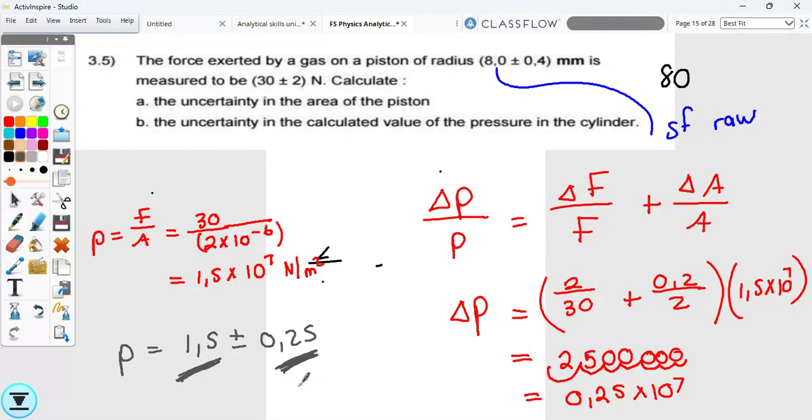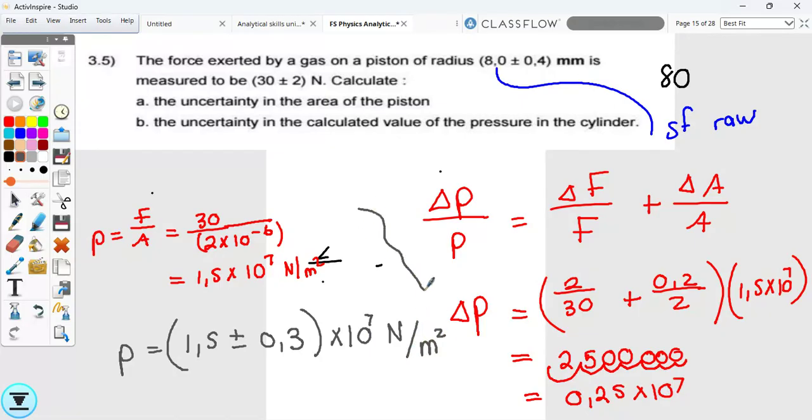What must be the same? Great, thank you. So that means I cannot have 0,25. I need to round that off and make it 0,3, or round that up. So it's going to be plus or minus 0,3. Again, that whole thing is times 10 to the 7, and then I put my units, Newton per square meter. And there's my final